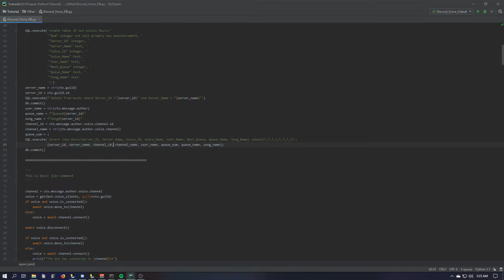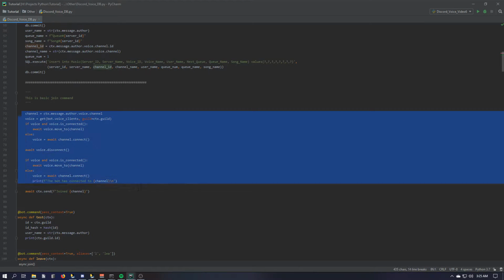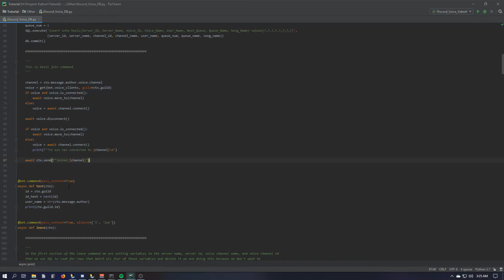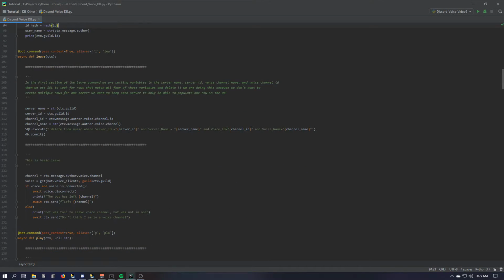Alrighty, so you get the basics of this. We have the question mark values for each one of these names, and then we have the variables that are set up here. Right, and I haven't really updated this stuff from my most recent videos for the join command. I've got to get on that, but this is the old join stuff. It'll still work, but it's outdated. So then I have a test command in here just for testing purposes,